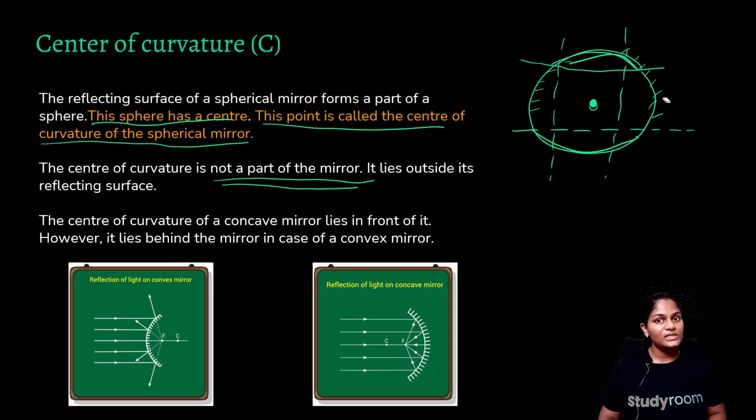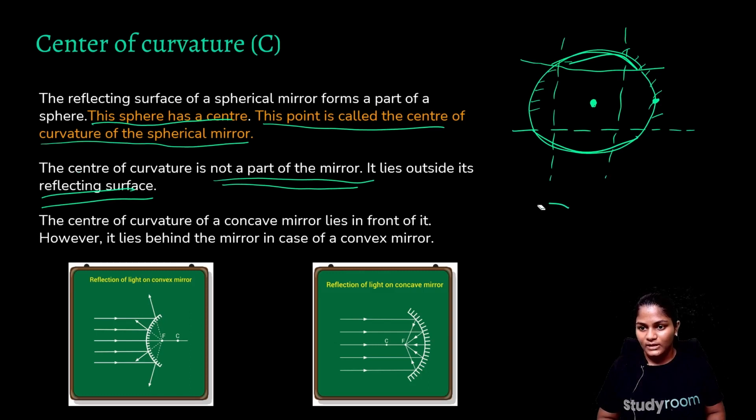Like the pole, where does the pole lie? Right here on the mirror, right? Like that, center of curvature doesn't lie on the mirror. Center of curvature lies outside of the mirror. Okay, it lies outside the reflecting surface, as your PPT says. Now, the center of curvature of a concave mirror lies in front of it. However, it lies behind the mirror in case of a convex mirror. And why is that? Look,